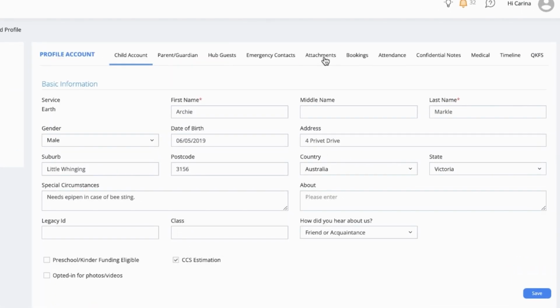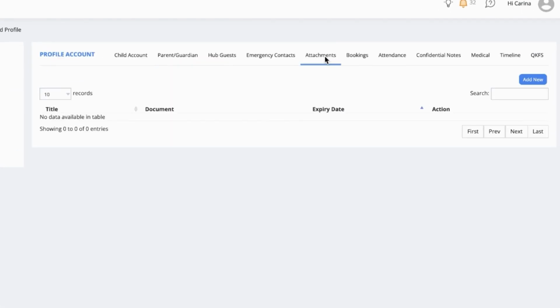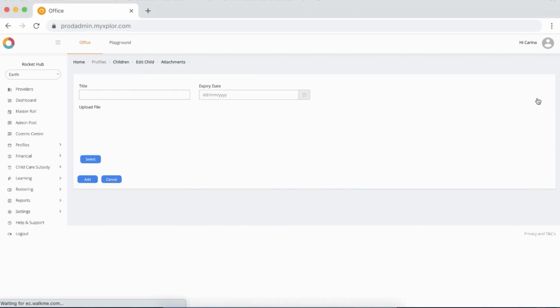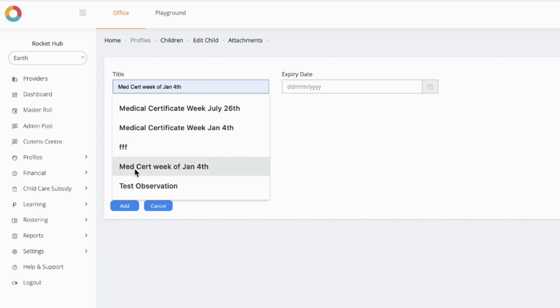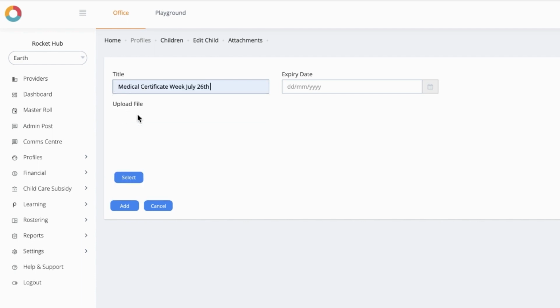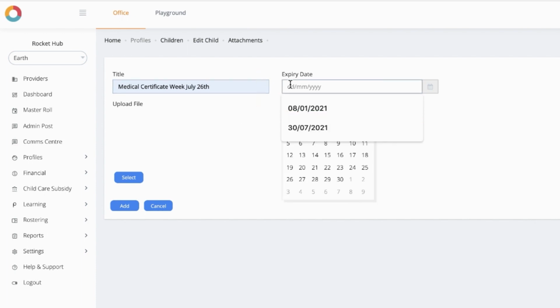Head to the Attachments tab. Then select Add New. Here, we want to pop in the title of the evidence or the information we're about to update. For us, it is a medical certificate for the week of July 26th. We want to choose the expiry date,